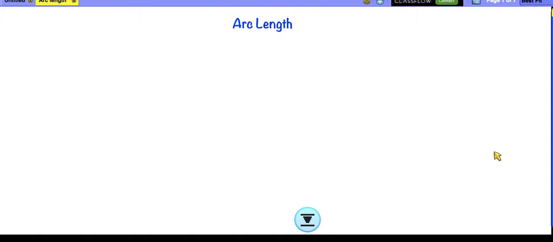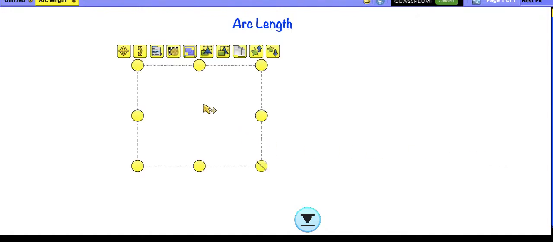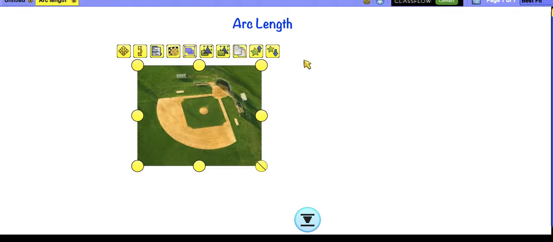Today we are going to introduce a new topic, which is how do we find the length of the arc. Let's check some examples here. The first example I will share with you is, as you can see, a baseball field. If you want to design the baseball field, we need to figure out how to find the distance around this piece of the arc, like part of the circle,